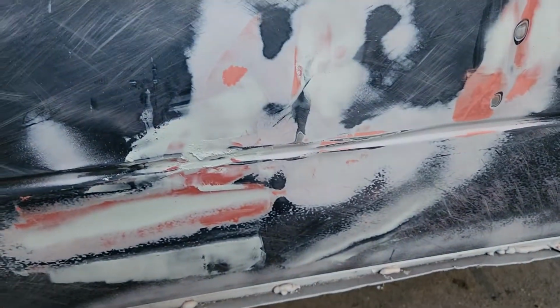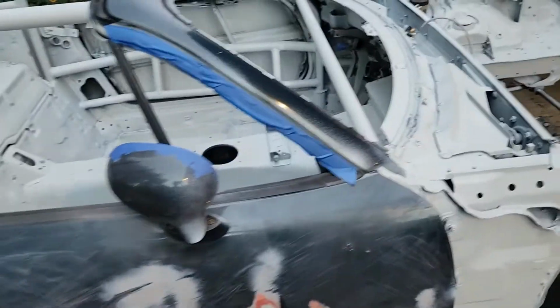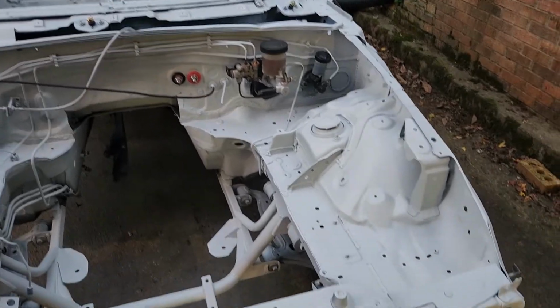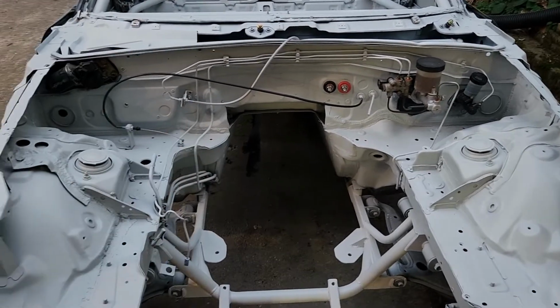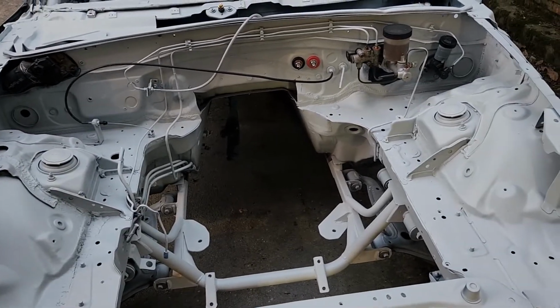that's the interior painted. Now I got to do some more sanding on some Bondo stuff that I've done to help flatten this door out so that when I spray it, it doesn't look as bad. But that's the interior with all the bars and everything done, and here's the engine bay with everything uncovered. Everything that I wanted to stay true to its color, the throttle cable and the clutch line, stayed black and clear and whatever, and everything else is white like I wanted it to be. So